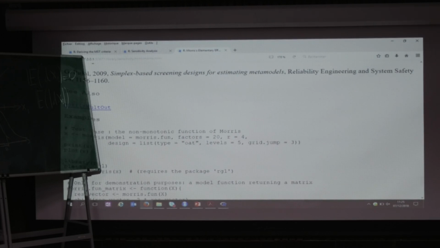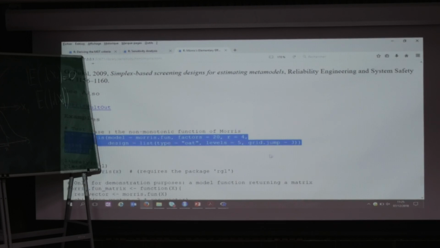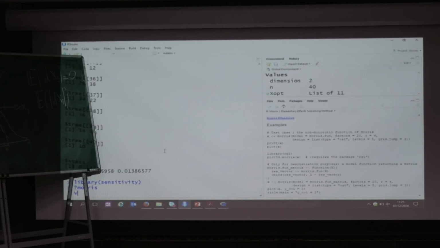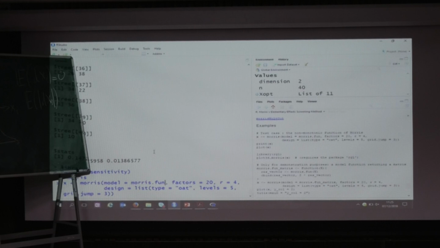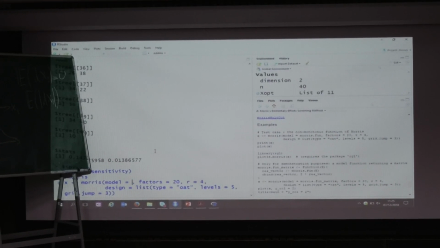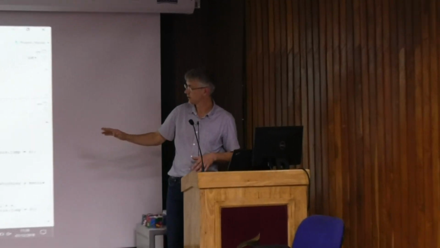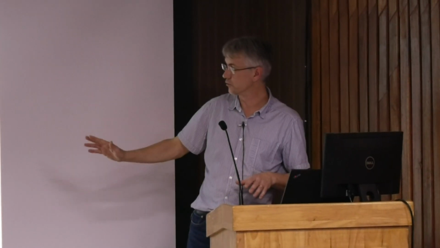So in the case where you want to decompose the job, you can do the following. Instead of Morris.fun, you say just model equal null. It tells the function that you don't run the model, you just compute the design.